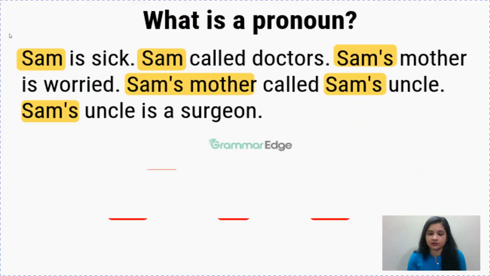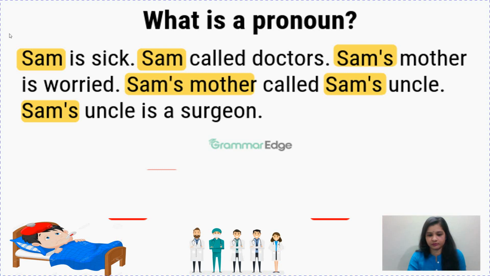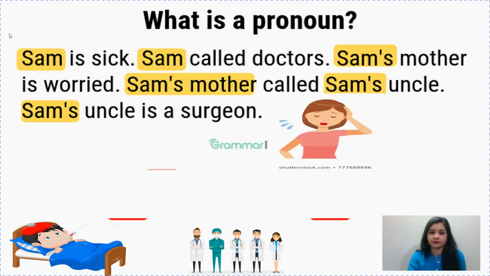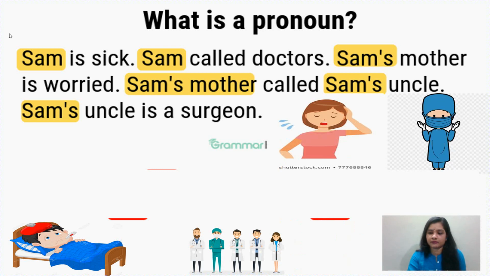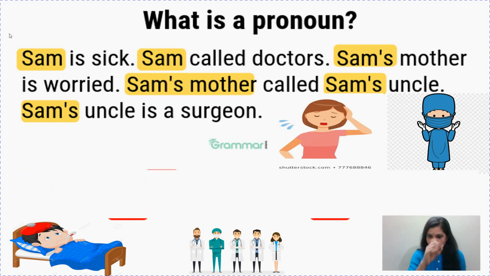So children, first learn what is a pronoun with the help of an example. Sam is sick. So can you see the picture? Sam is sick. He is not well. Sam called doctors. Many doctors have come to check Sam, what happened to him. Sam's mother is very worried, children. Sam's mother called Sam's uncle, and Sam's uncle is a surgeon. So children, here you can see in all the sentences we have used